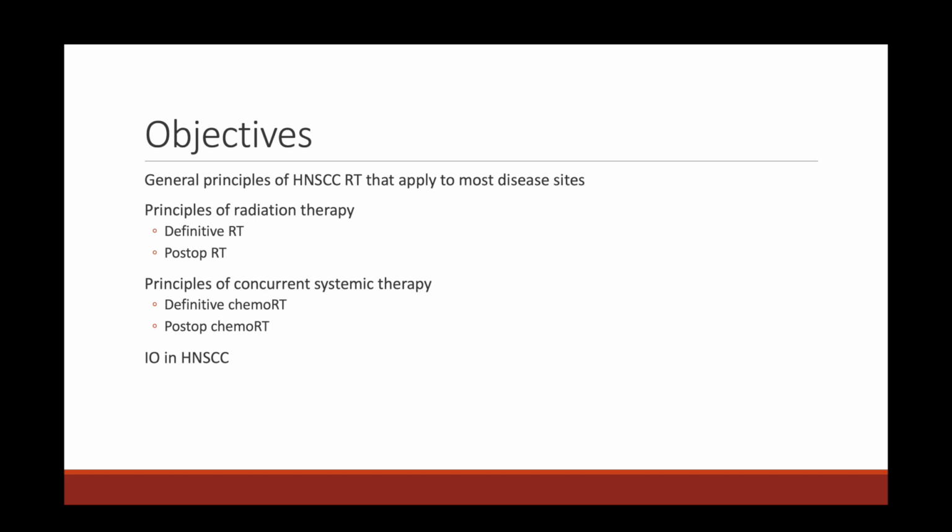In this overview talk, going over general principles of head and neck radiation, what I'd really like to do is address some general overarching principles of radiation and chemoradiation therapy that apply across the board to all disease sites. Now, there are some exceptions, and I'll try to make note of what those exceptions are as we go through things, but for the most part, head and neck cancers are either treated with definitive radiation therapy, and if they have certain risk factors, we think about adding concurrent chemotherapy, or they are treated with surgery followed by tailored adjuvant